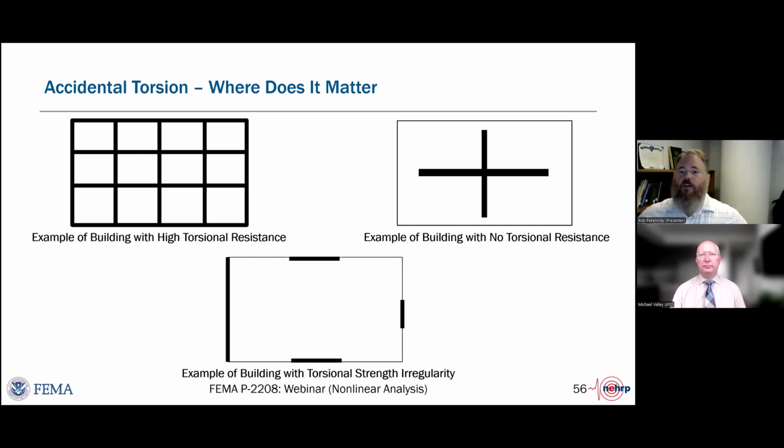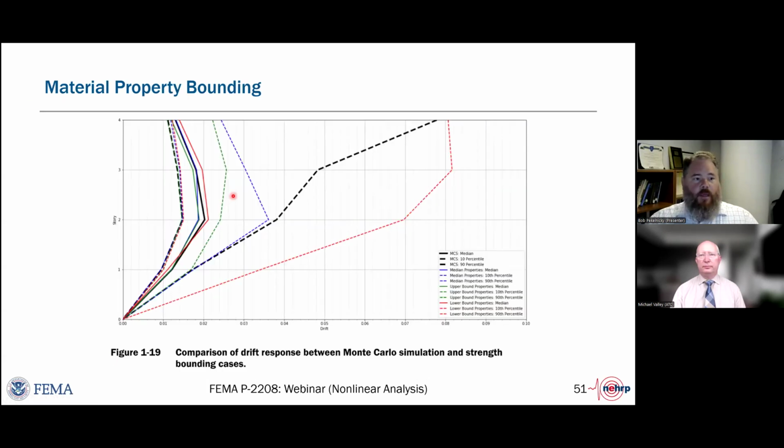So if we go to the story drift parameter here, the median is simply the median of all of, like I said, we ran 1,000 different runs and we took the median value of the parameter for the simulation at each story, and then created that drift profile.